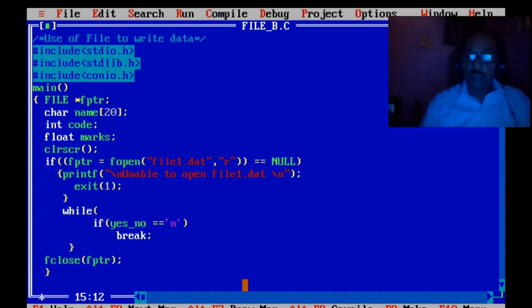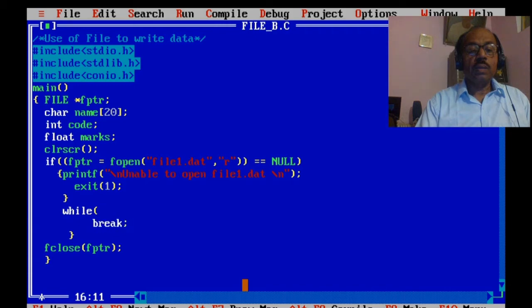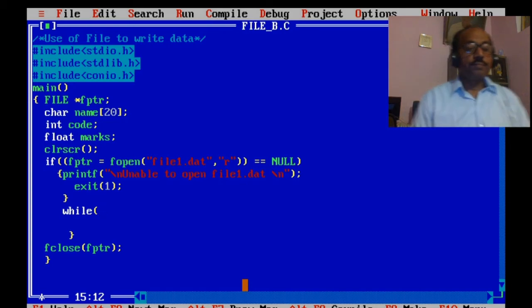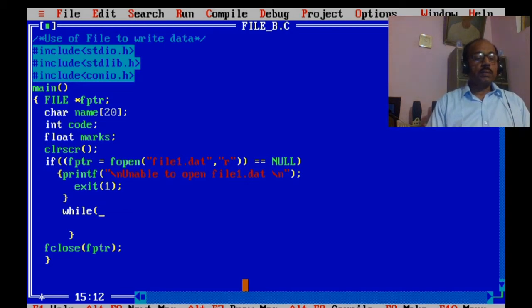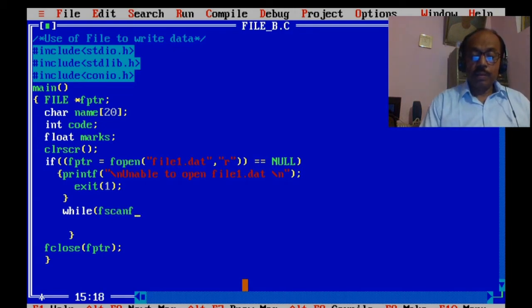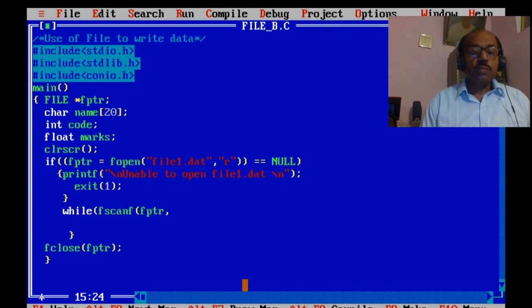while fscanf, from it has to read fptr. It is the file pointer which contains the address of file1.dat.